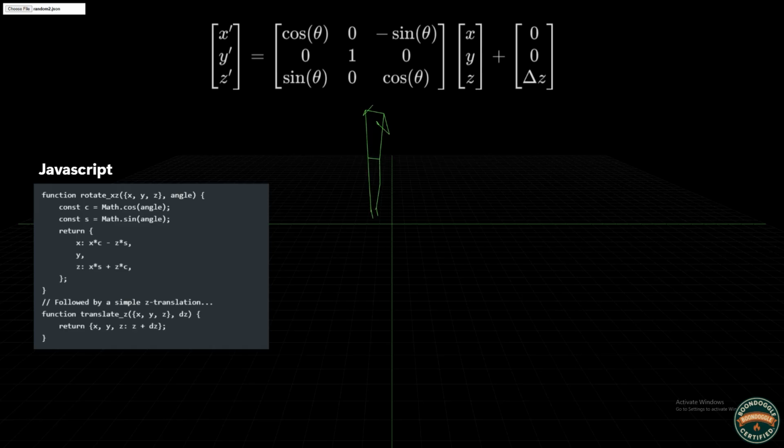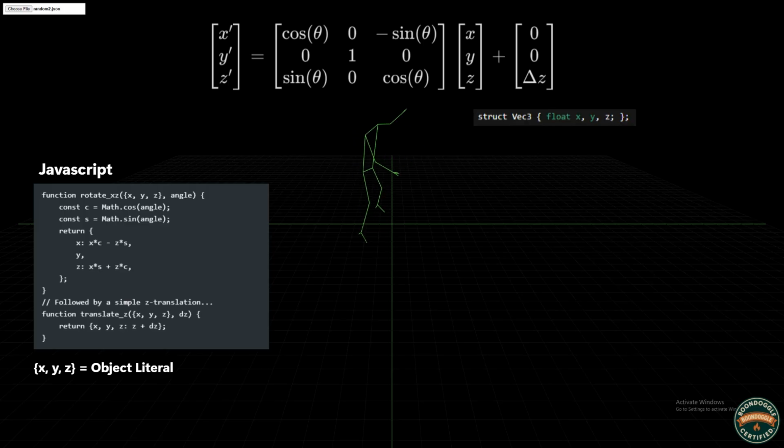Now, because we can't use object literals in C++, we're going to have to define a structure. A struct is a simple way to group related information together, like a neat little backpack where every pocket has its purpose. So what we're going to define here is vec3, that'll be our 3-point vector, and point2d, which we'll use later.